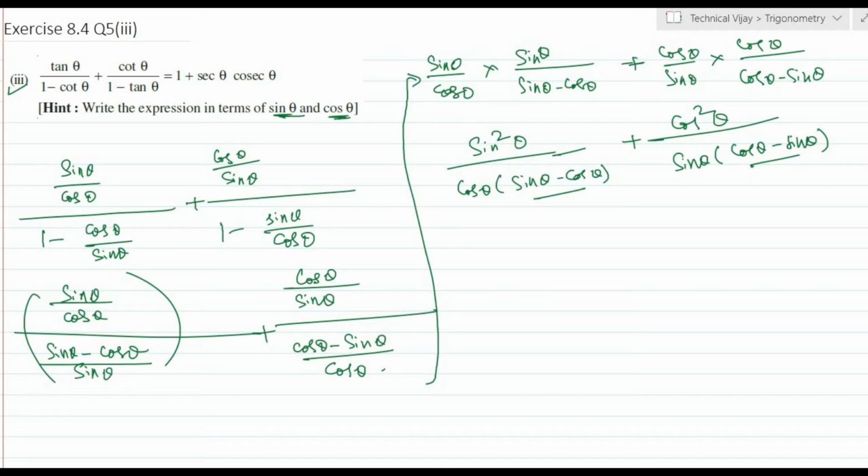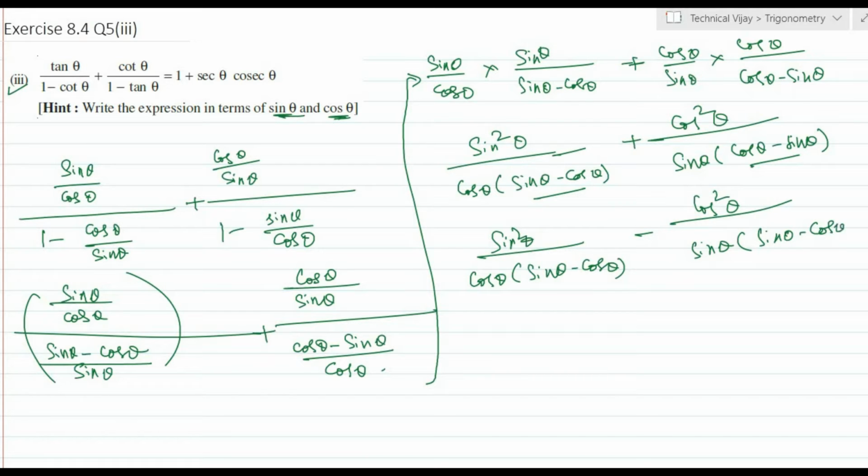So to make equal we will take minus as common here. So sin square theta divided by this I will write as it is, so sin theta minus cos theta. So here minus I will take, so that cos square theta divided by sin theta into sin theta minus cos theta I will write, because here this minus if we take outside, this will become plus and this will become minus. Okay, so sin theta I have written first, sin theta minus cos theta, so this minus will be shifted here. In this way I have written.